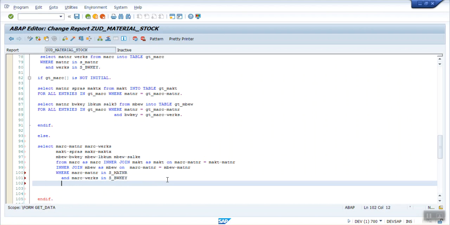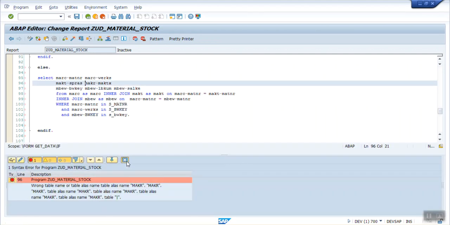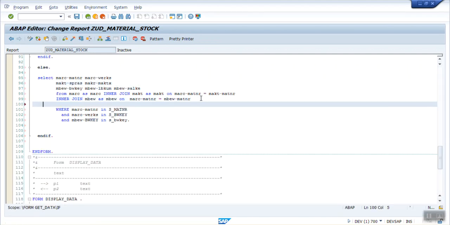And here I am also adding MBEW BWKEY in S_BWKEY. This is my where condition. Okay, so I forgot here to give INTO.